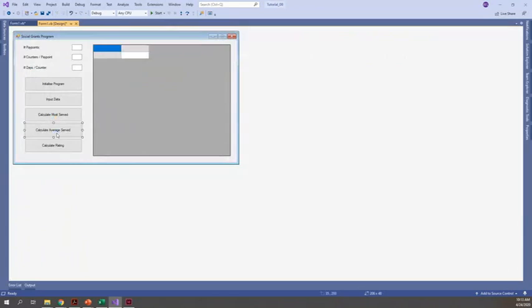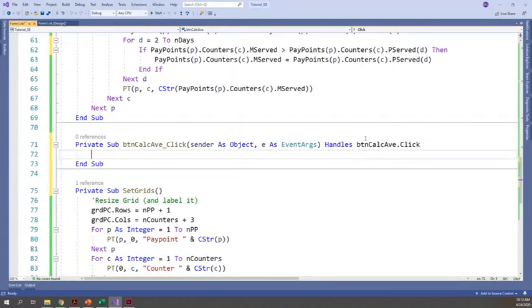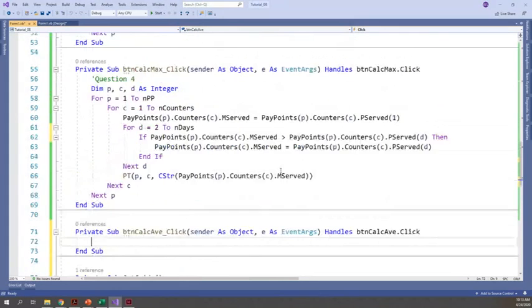So let's move on to calculate the average spend. And the average spend is, how do we work out the average spend? Well, we want to know of the M-serve values there, let's take these M-serve values of each counter and we want to work out the average of it. That means, how many arrays do we need to go through? We only actually need to go through a P for loop and a C for loop to go through each counter's M-serve for each pay point, and that is why for question 5,